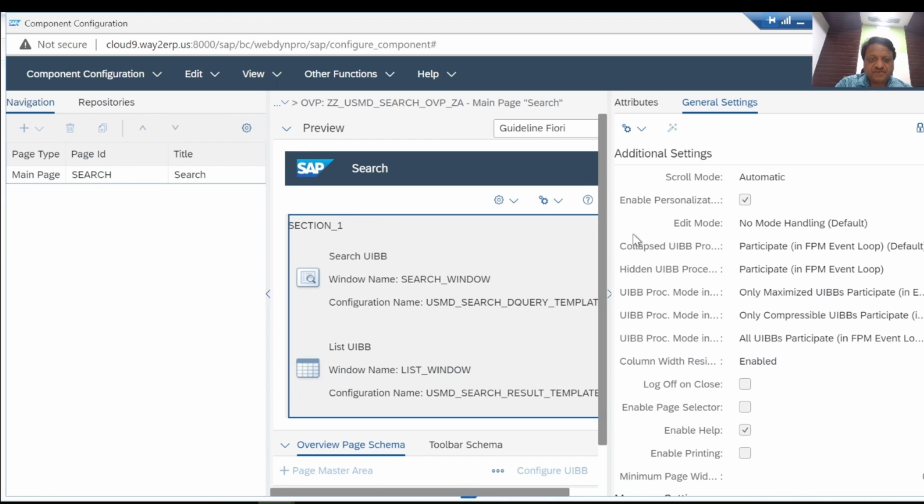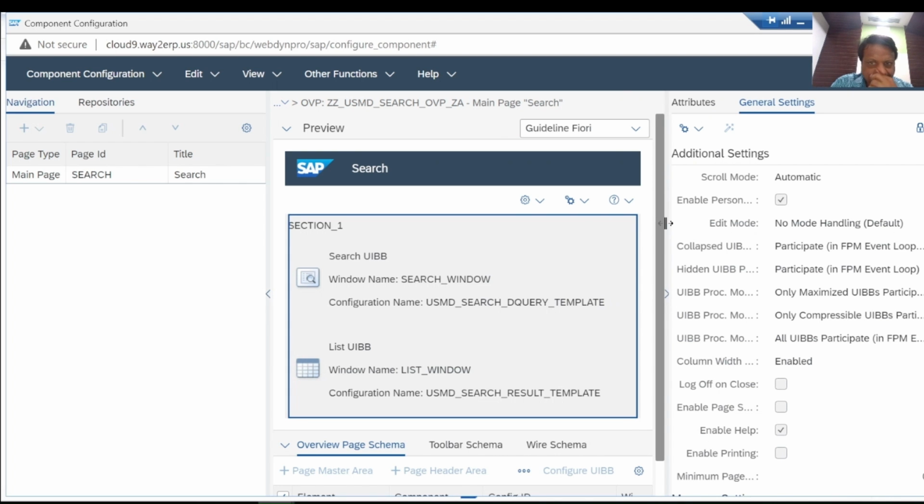So a new interface, generally this is an editor. We call this a fluid editor. So the fluid editor opens up, and within this we'll see the main page ID is called search. We don't need to change it. And now in this